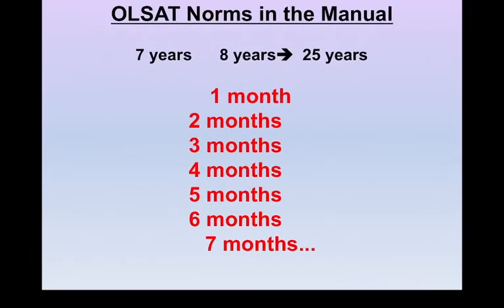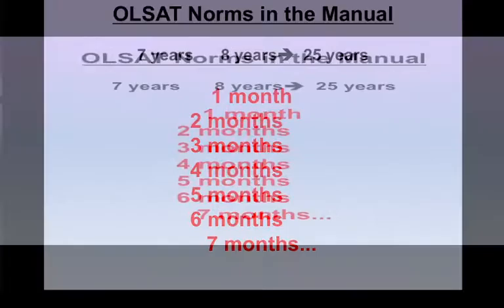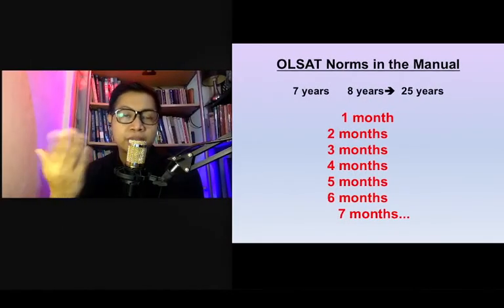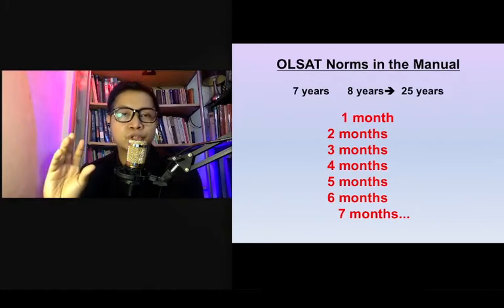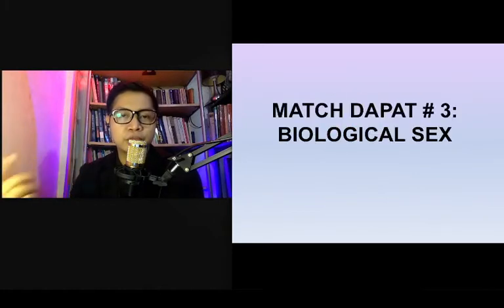But look at this, given the norm of ALSAT, hindi mo siya mai-interpret kung hindi mo alam yung birthday niya in years and in months. Because that's how specific ALSAT is. Because the norm that it's using is per year of birth plus months. Ganun katindi ang ALSAT. And ALSAT is applying that principle of matching the raw score's age with the norm's age. Last one.